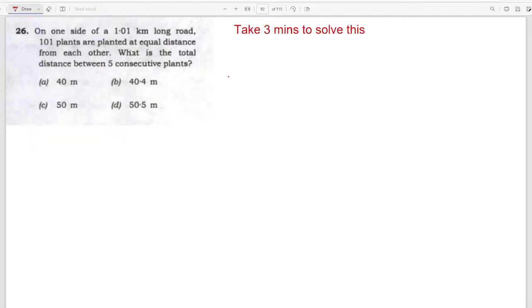On one side of a 1.01 kilometer long road, 101 plants are planted at equal distance from each other. What is the total distance between 5 consecutive plants? The answer is in meters, so I'll convert the kilometer into meters. There is this 1010 meter road, and they are planting the trees here at equal distance. And then they are asking what is the total distance between 5 consecutive